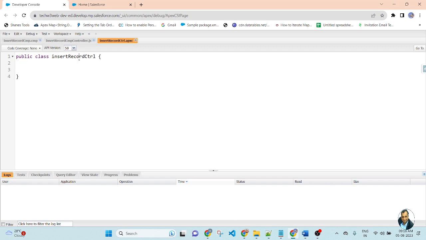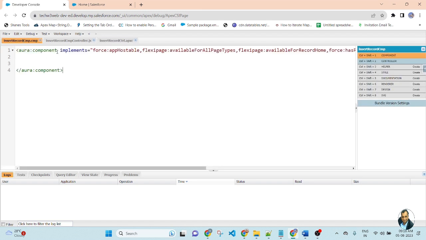Now I call this Apex class controller in the Aura component. In the top of the Aura component, write controller equal to, and pass the Apex class controller. So I am calling the Apex class controller at the top of the component.